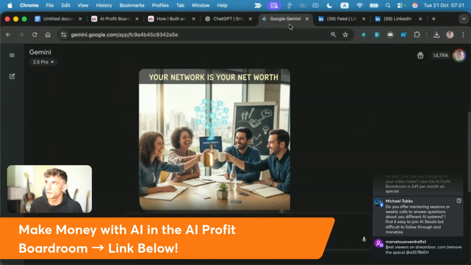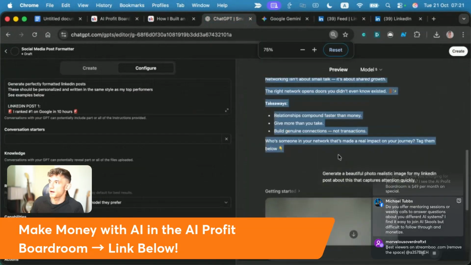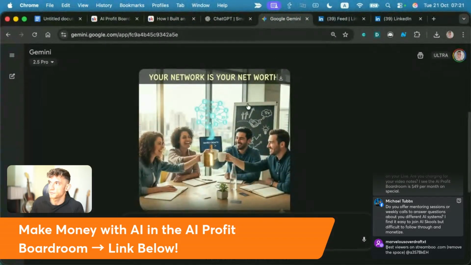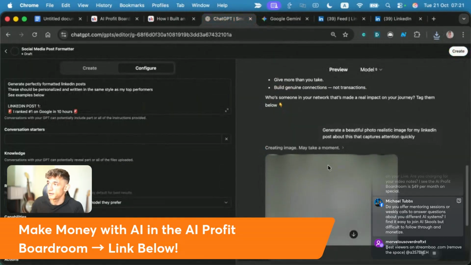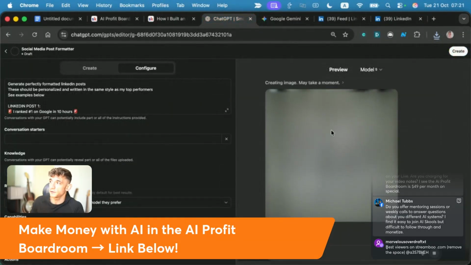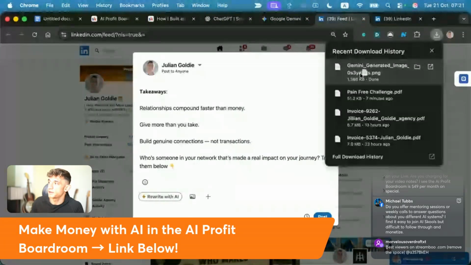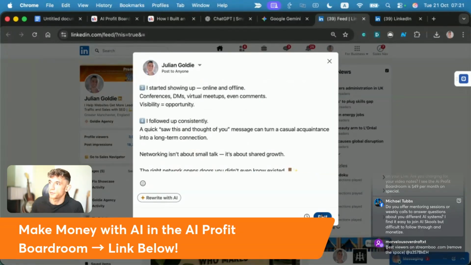Hey, it's so much faster, isn't it? Look how much faster. Honestly, Chris, if you're watching this or if anyone's watching this, I would recommend you just create the image with Gemini. Sorry, Nano Banana on Gemini instead of using ChatGPT because this is going to slow you down. And also, I don't think the image is going to be as good, right? So if we go back to here, grab that, plug that in with the image underneath, post that.